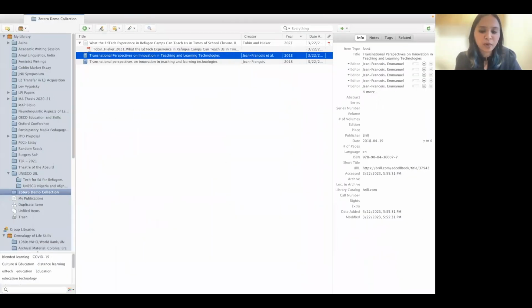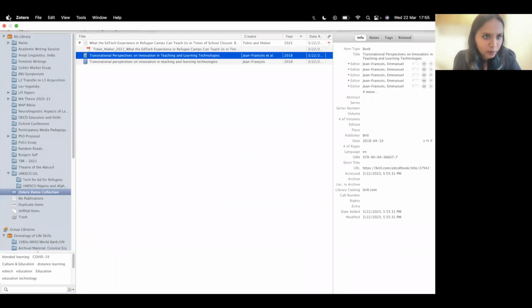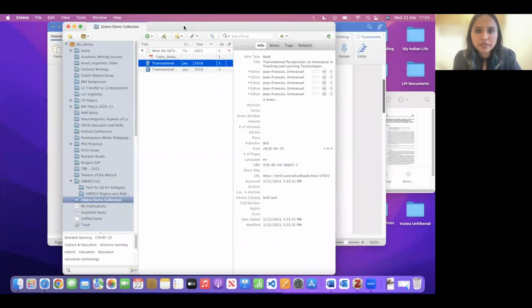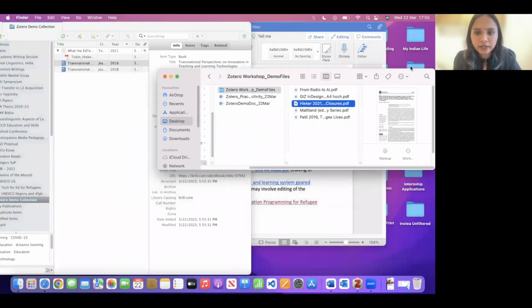Now, finally, if you want to use, say, the drag and drop option, you can also do that, which is by going back to your